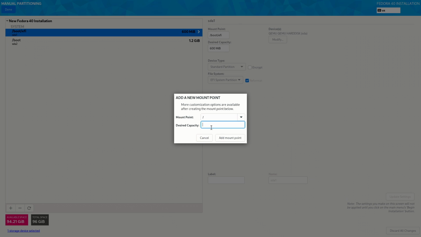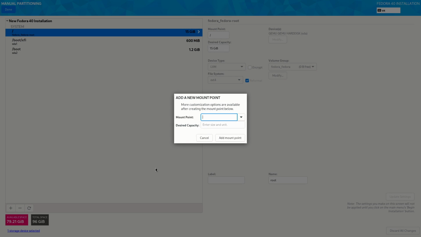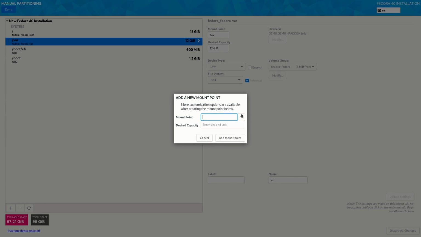Let's go ahead and do this. I'm going to give this 15 gig, I think. And this time it picked LVM. It's given it a volume group of Fedora. So it created that, and it created an ext4. That's fine. All right, and so now we want to do /var, and we're going to give that 12 gig. And then we're going to do